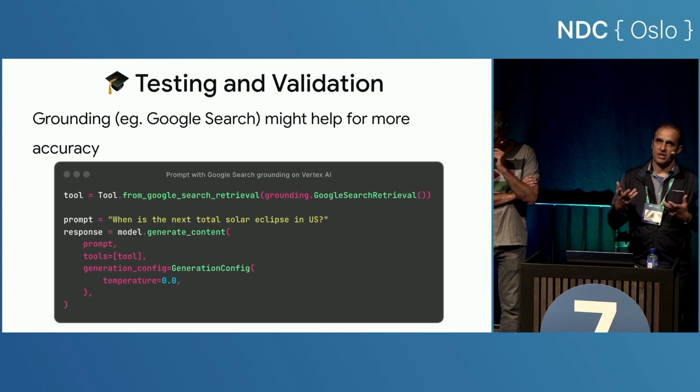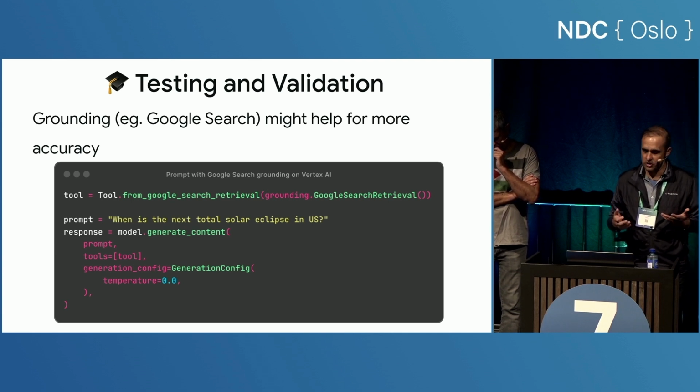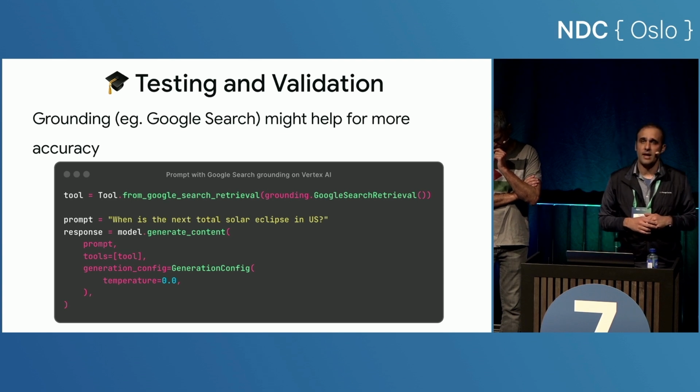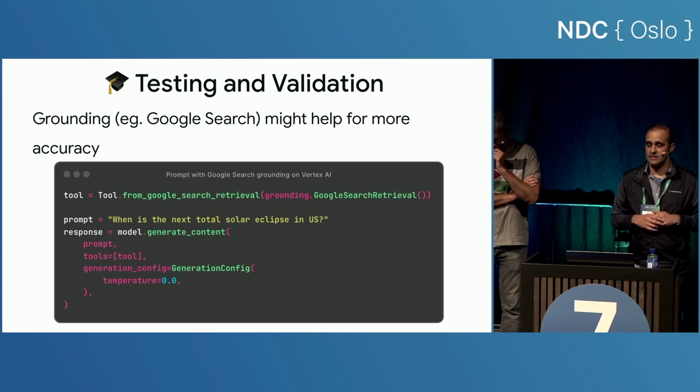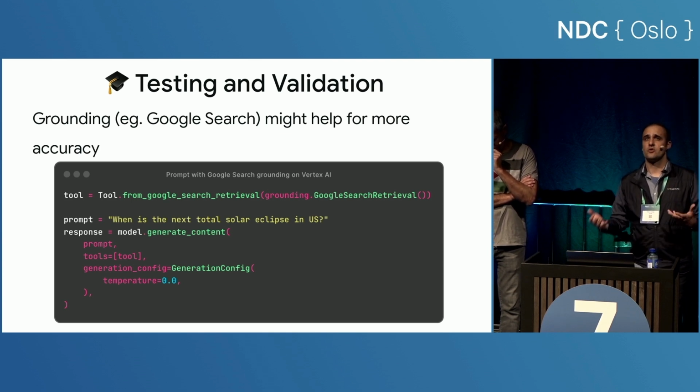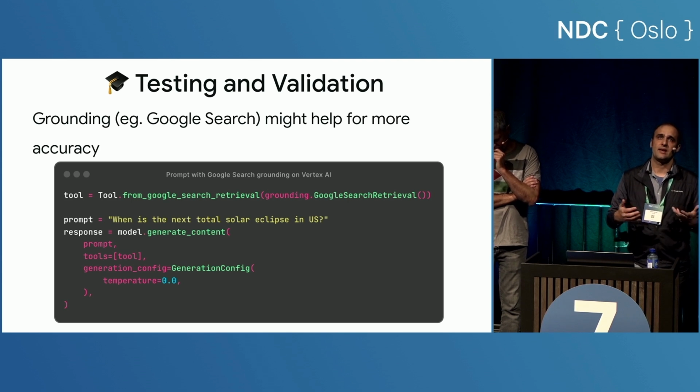So initially, my idea was, OK, since we have Google search, maybe if I ground my answers to Google search, I will get 100% accuracy because it's going to use search. But in our case, it actually didn't help. My guess is that it's because we are already using Open Trivia data, which is already out there. So maybe the model is already trained on it. So if you have Google search on top, it doesn't really help.